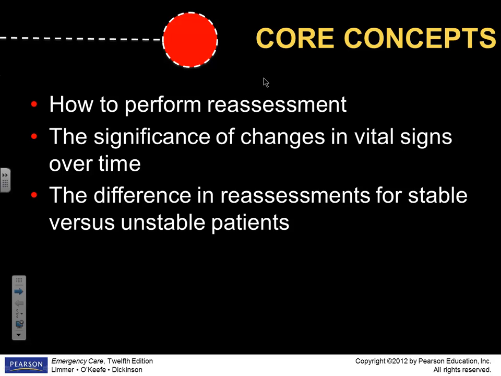Do you remember from your reading, how often should you reassess an unstable patient? Every 5 minutes. And how often should you reassess a stable patient? Every 15 minutes. Now that's not set in stone, that's a guideline. If you've got a patient that's very unstable, you actually might reassess them more frequently than every 5 minutes. You might be having to constantly monitor their pulse or constantly monitor their blood pressure, and you might do that